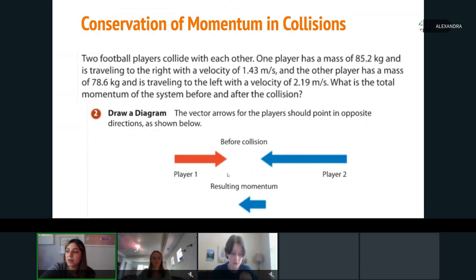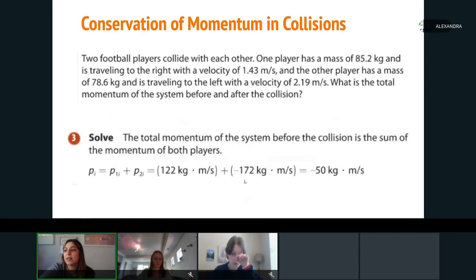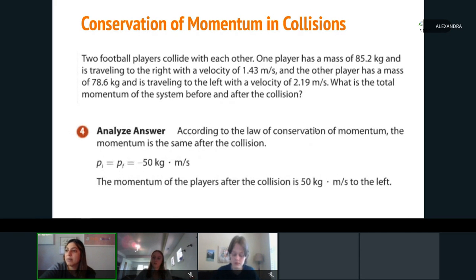So this was exactly what I was doing. I drew a bigger arrow, bigger guy for player 2, more momentum, less for player 1, and then we added it together, where we got our negative 50 kilograms times meters per second. Okay, so according to the law of conservation of momentum, the momentum is the same after the collision. So the initial momentum is the same as the after momentum. So they experience 50 kilograms times meters per second of momentum to the